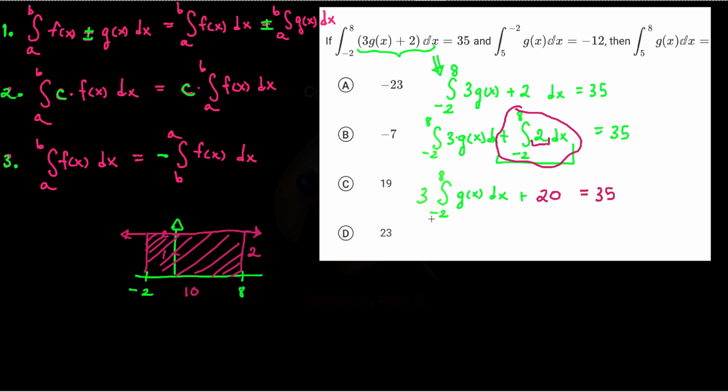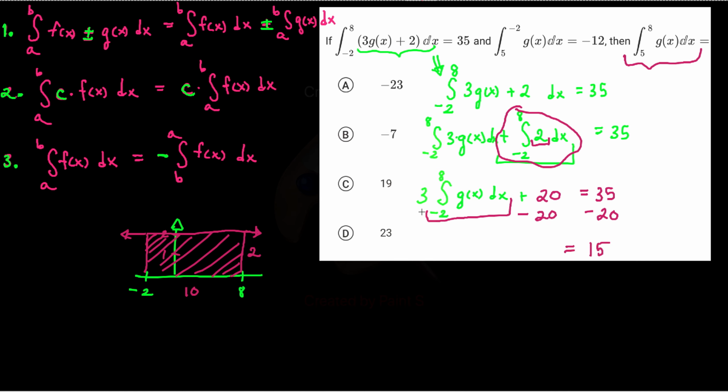Now, if I look over here, I know that maybe now I can actually solve for what this value is. Because that's the only thing that's missing in this equation, and that might help me find out what it is that they're asking, which is this value, and it will. Because now I know that if I minus 20 on both sides of this equation, I'll get 15 is equal